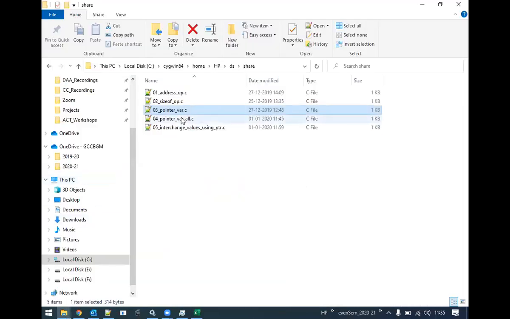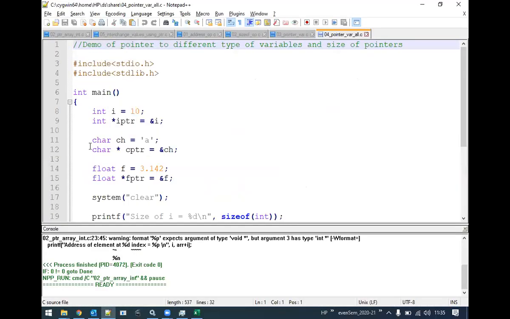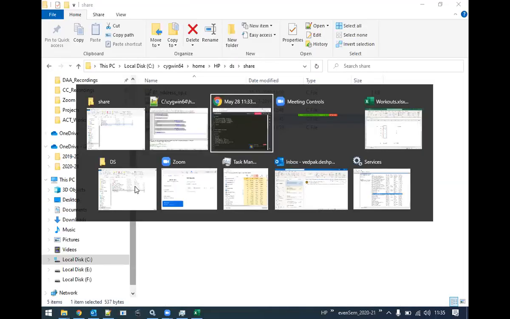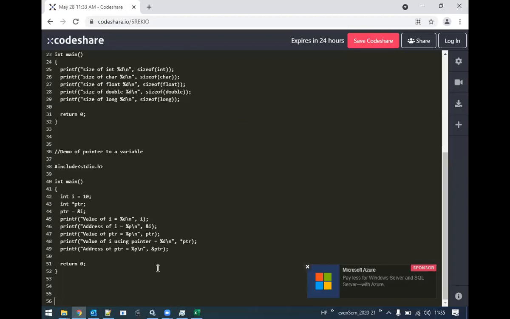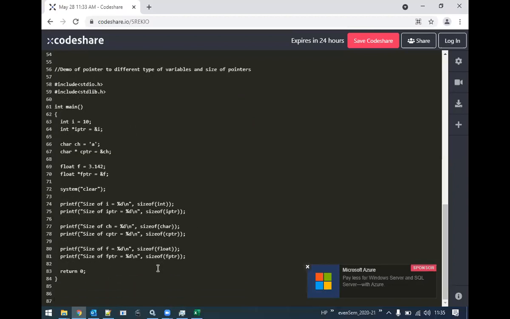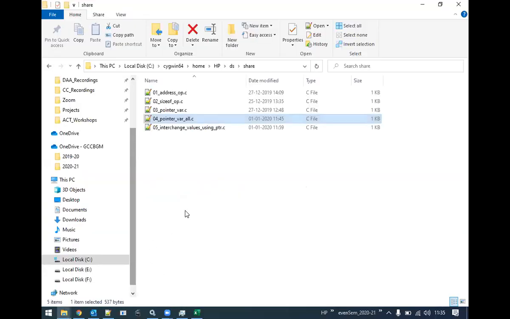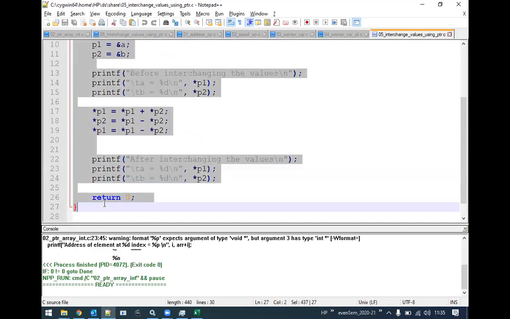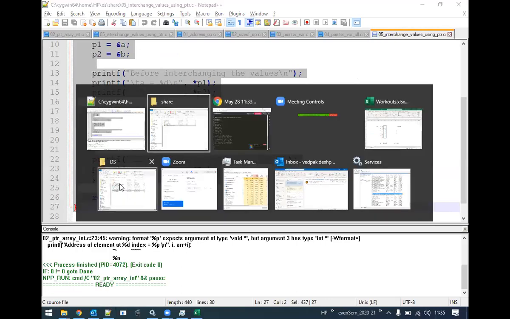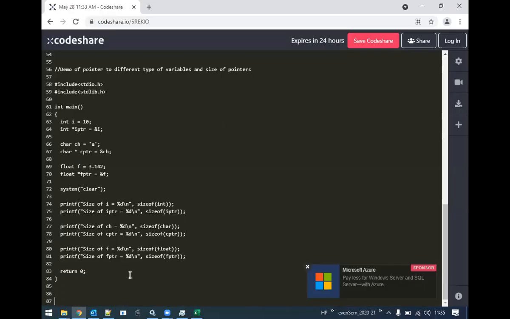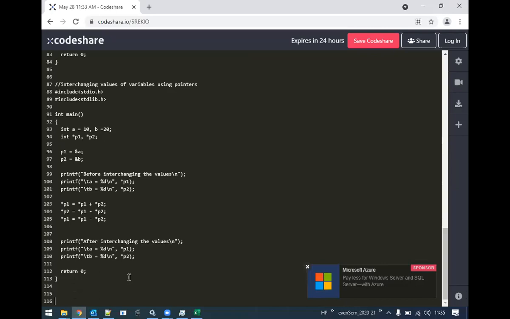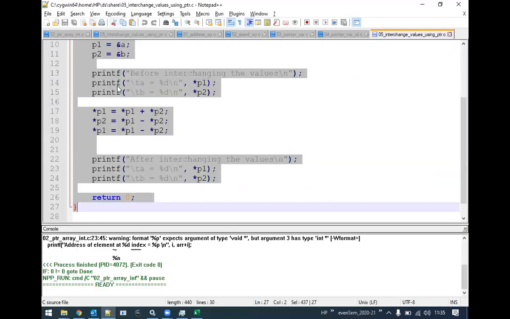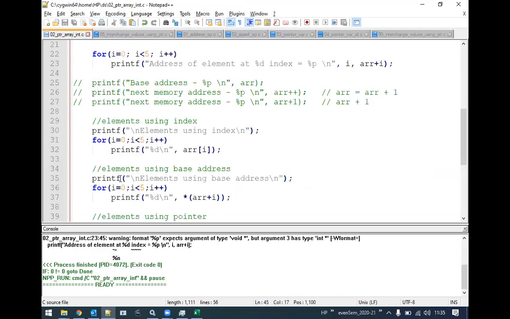And then next, this is a pointer for all different variables and its sizes. Then the last one, this is the program which we had worked upon, the swapping of two numbers. And then we have today's program, that is this one.